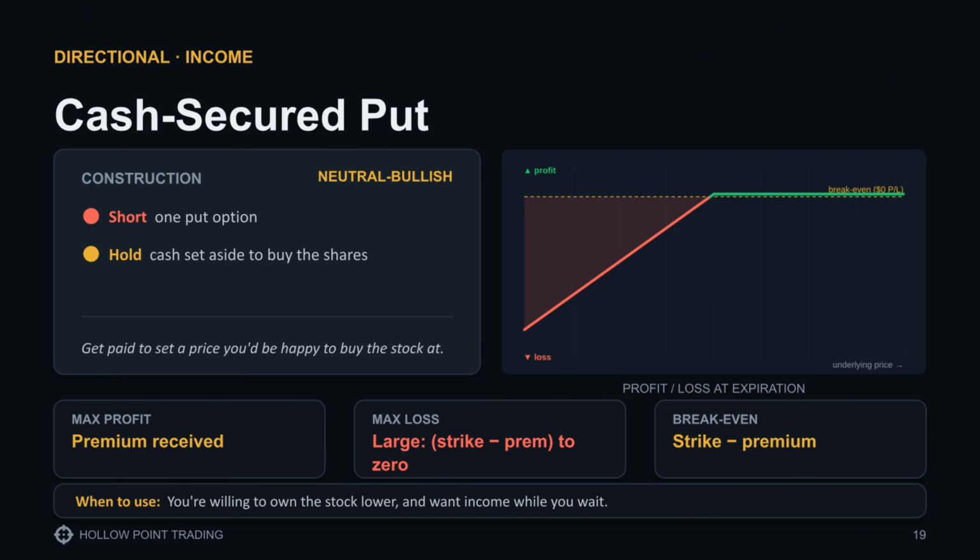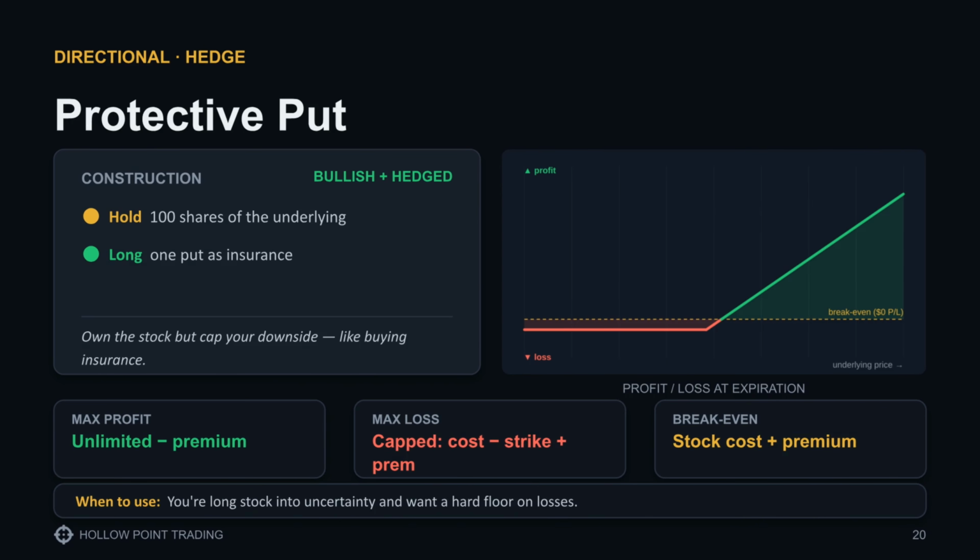You sell a put option and set aside cash to buy the stock if it's assigned. Essentially, you're getting paid to set a price at which you'd be happy to own the shares. Protective puts are for when you are long a stock but concerned about market uncertainty. By adding a long put, you're essentially buying insurance, creating a hard floor on your losses while keeping your upside